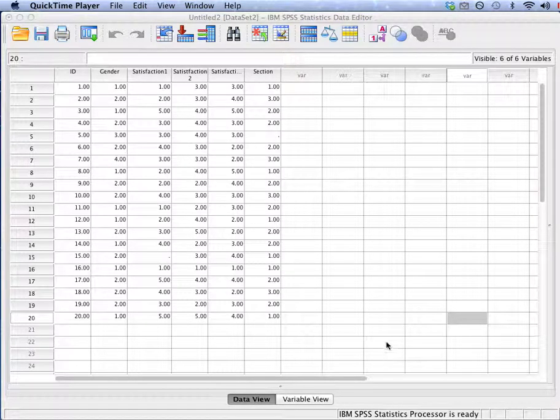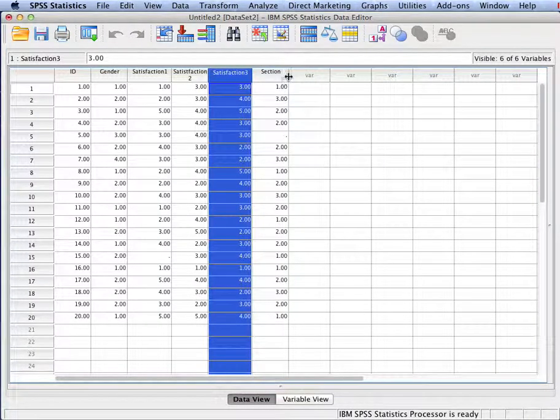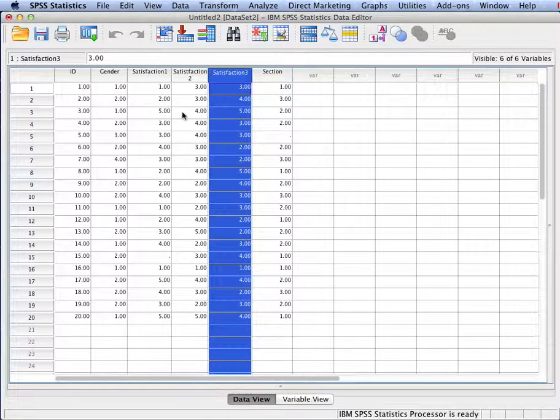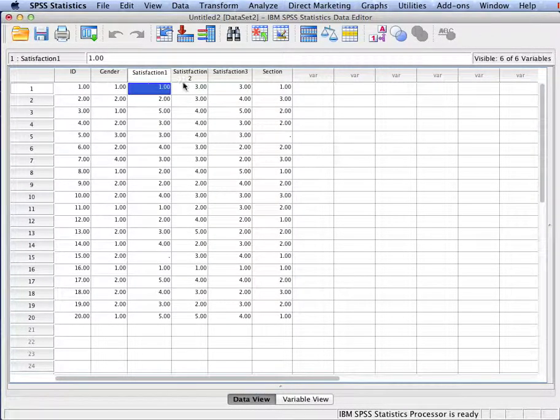I've created a very small database in SPSS. As you can see here, we have a number of variables. Essentially this is a very small sample of 20 students. We have their gender, three different measures of their satisfaction with their current course, and the section of the course